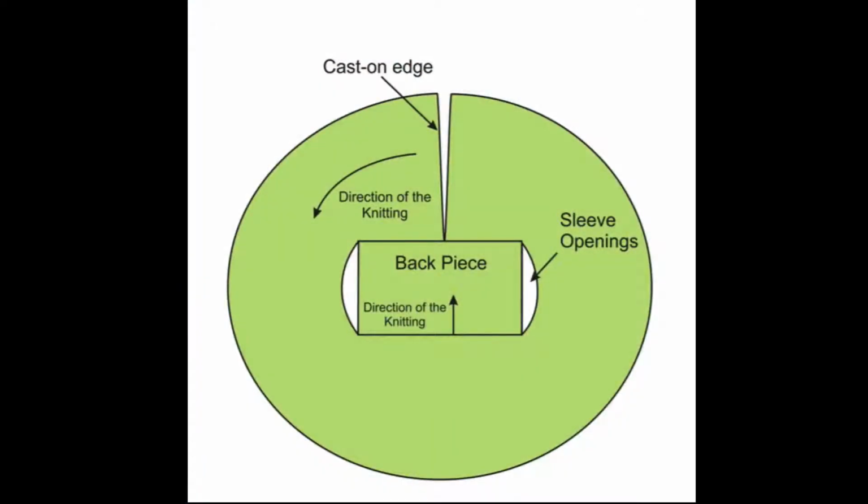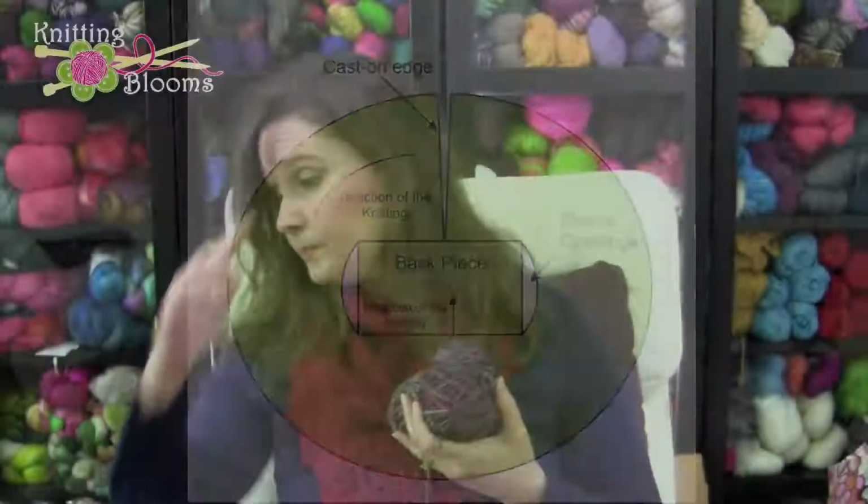I started this last weekend, and of course, I did not put a project page up. I put a project page up for the felted clogs. I can't remember the yarn now. But I showed it to you last weekend,